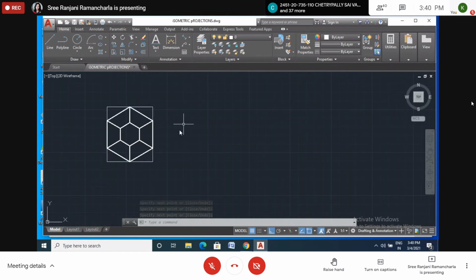Now here I don't want to give this one. Already we know how to construct. So I will give the points on the pyramid, truncated pyramid. Okay. Text.